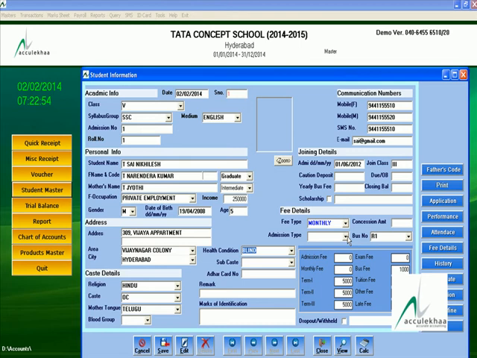Health condition, also you can define. Subcaste, also you can define. Aadhaar card number. Remark, any remark.